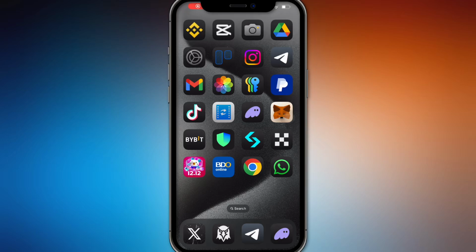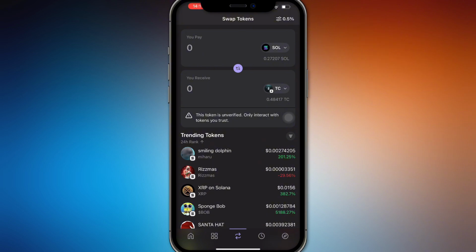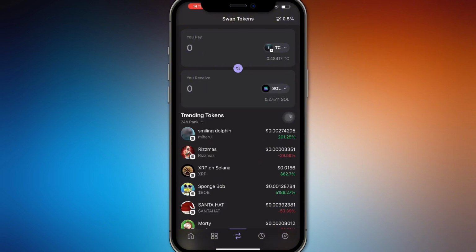Guys, in this video we are going to talk about how to sell your meme coins on Phantom Wallet. So it's pretty simple. Open up your Phantom Wallet and select the meme coin you want to sell. So you want to just press swap right here, and then you have to make it the meme coin on the